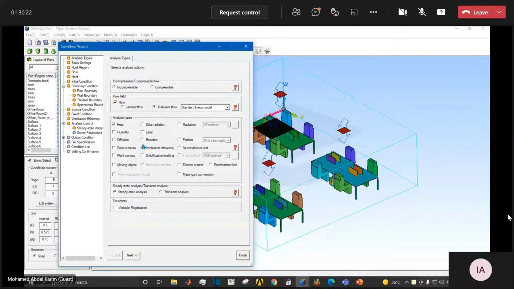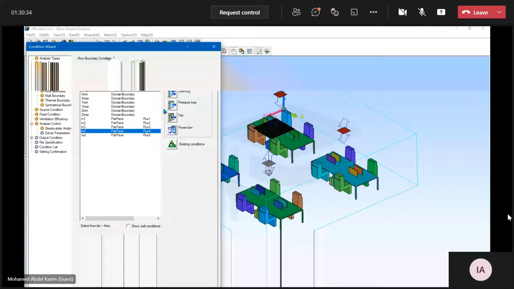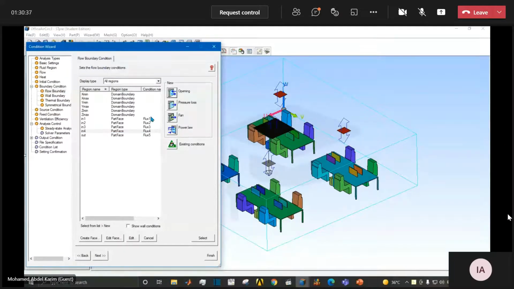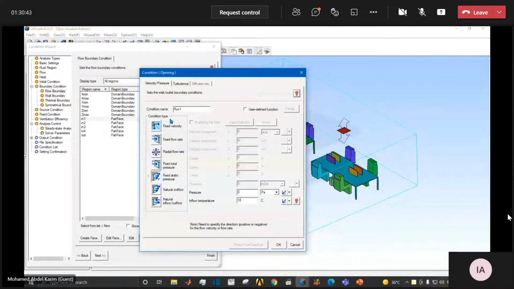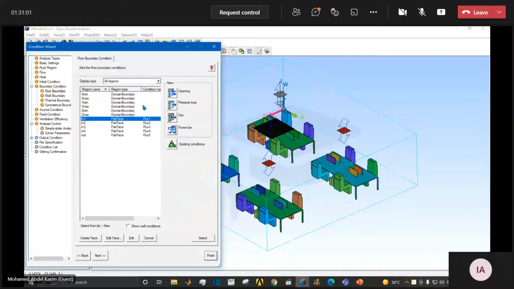In the flow boundary condition, once you register your inlet and outlet condition, you can put any condition using one of these options. As you can see here, I have different condition types: fixed velocity, fixed flow rate, radial flow rate. Each one of them has its determined or predetermined object. Also here in wall boundary condition, you can see that you have various wall boundary conditions such as free slip,